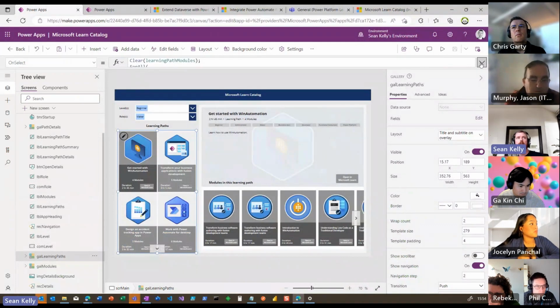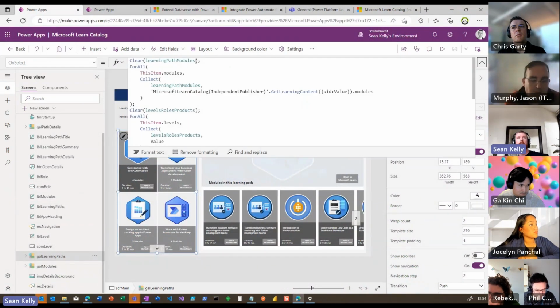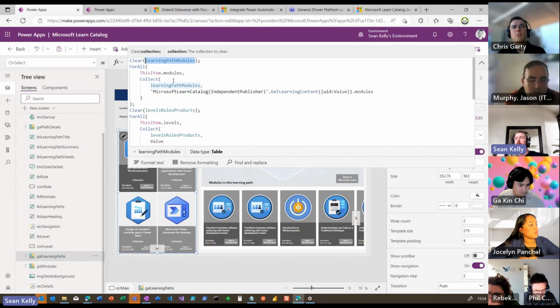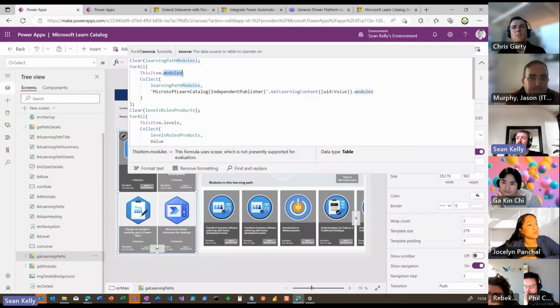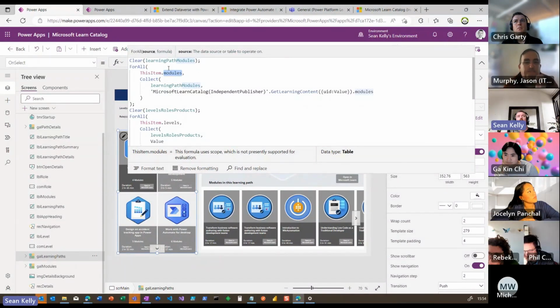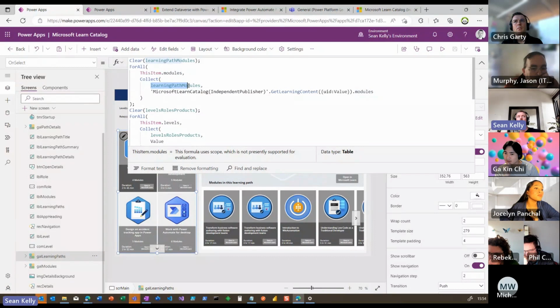In the on select, I've got this learning path modules variable, or collection, sorry, and then I'm saying for each module that was in the response from the learning path call. Remember, in this one, it's 5 or 6 objects in that array. So for each of those modules, I want to loop through with the unique identifier and populate this collection from